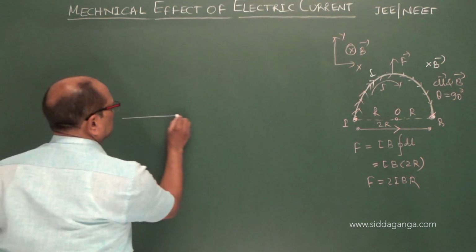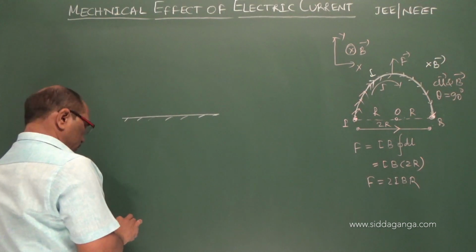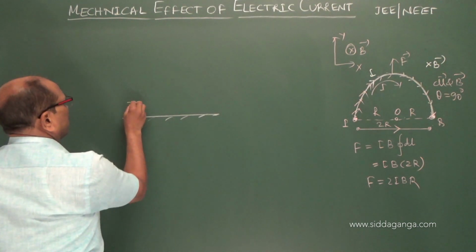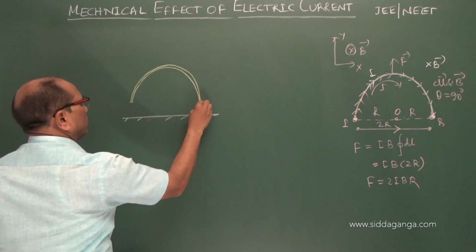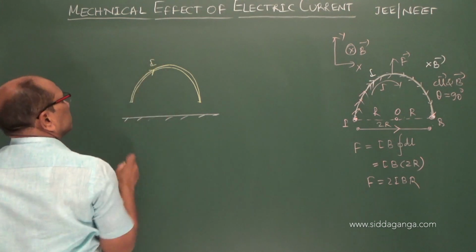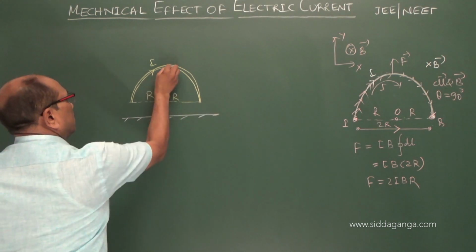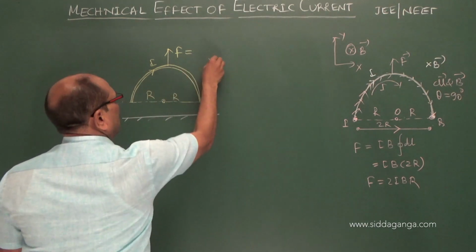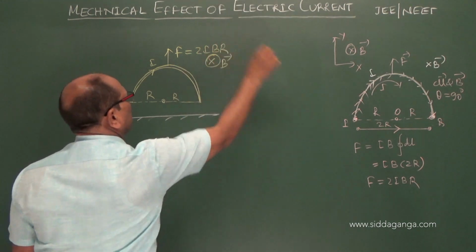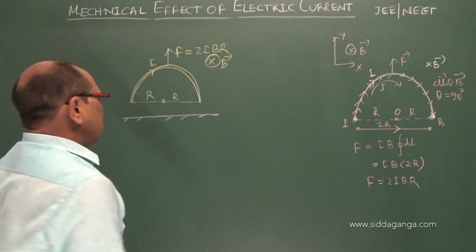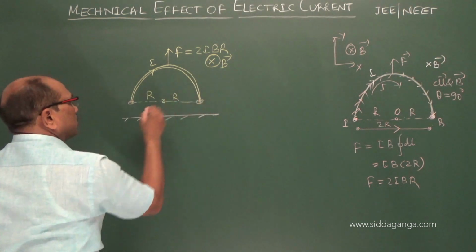Let us consider this is rigidly fixed at the two points, and this wire is carrying the current. The current is I, and however the radius, it experiences a force, as you come to know, with the magnetic field acting inward, 2IBR. The force on the semicircle, suppose these ends of the wire, the ends of the conductor, are connected by